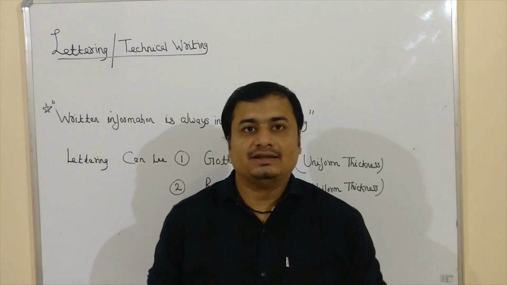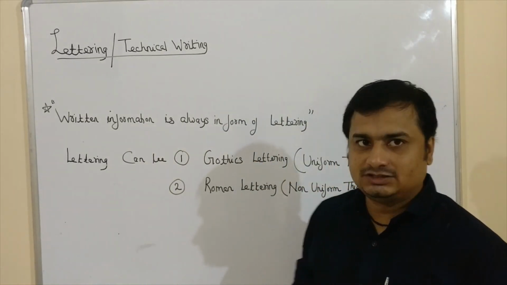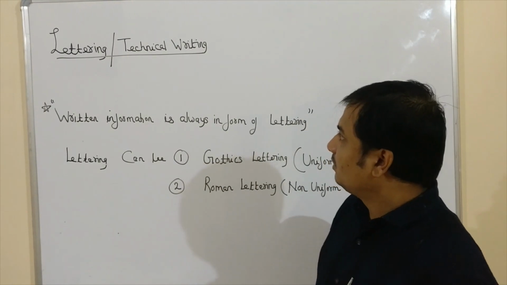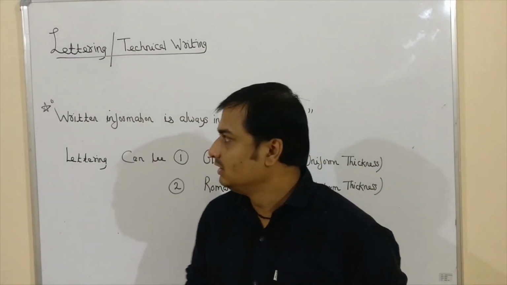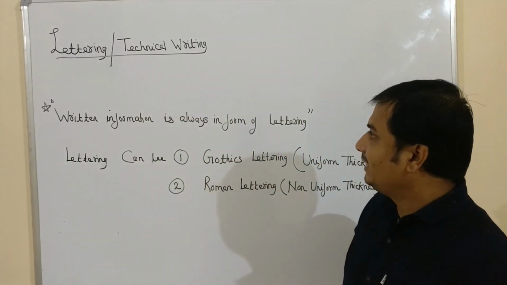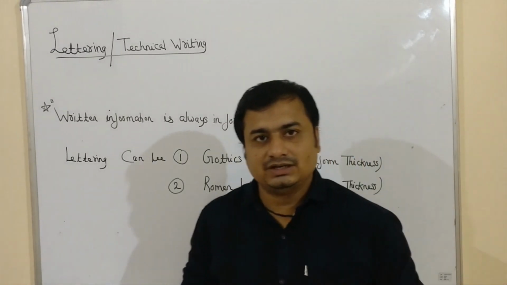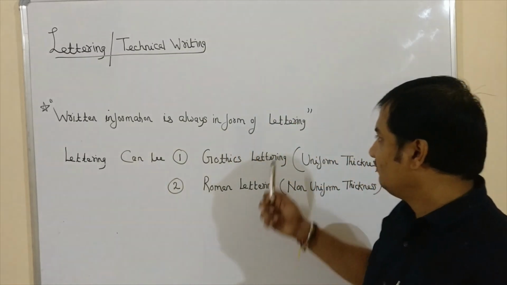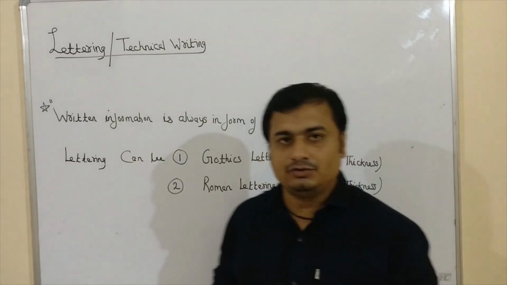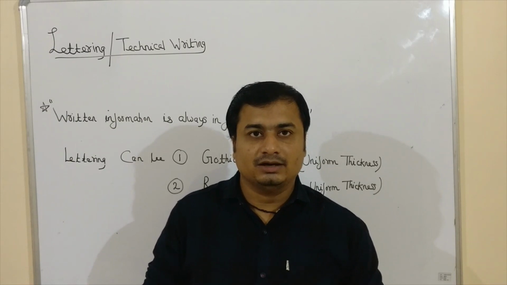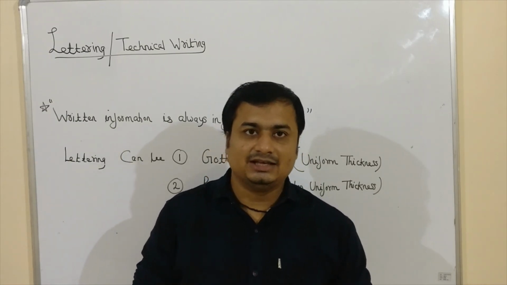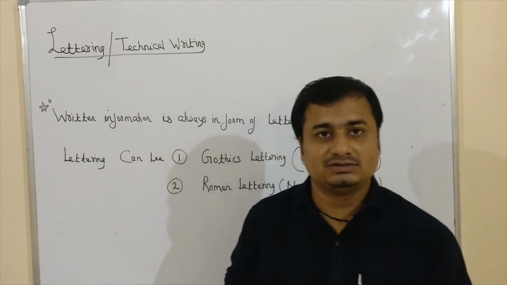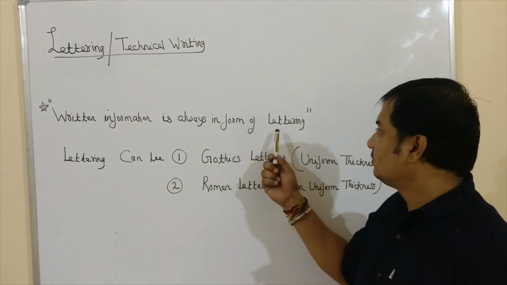So hello everyone, in this video I am going to explain the first part of basics in engineering drawing, which is called letters. It is also called technical writing in engineering graphics. So what is the importance of this technical writing? All the written information of the object in the drawing is always in the form of letters. That means if you want to specify some features, some dimensions, the size of the object, by means of alphabets or some written communication, that will be done only by means of letters.